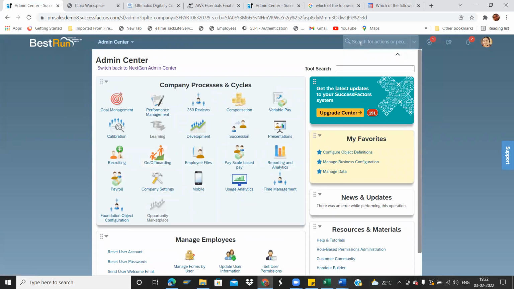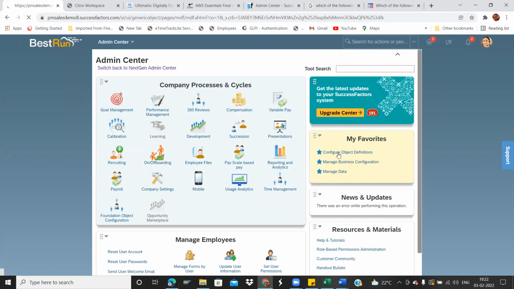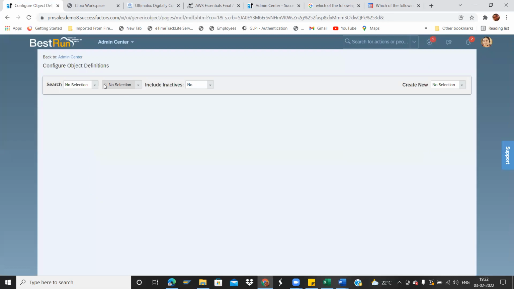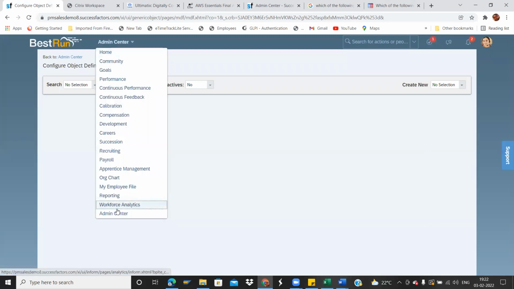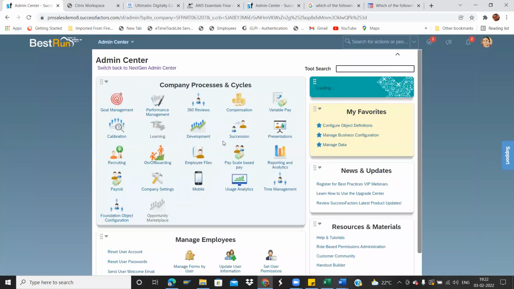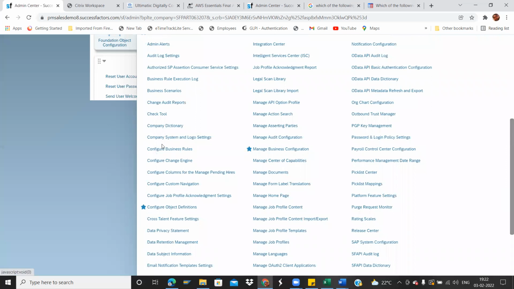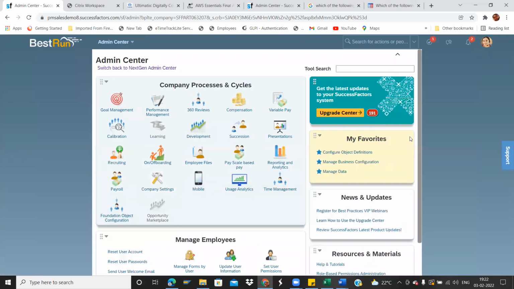So you don't need to go to search nor navigate here in real time. If you are working in 3 to 4 transactions only, then simply after logging in, you will be going here directly, configure object definition, click here, and it will directly navigate you to that page. So these are the various techniques to avoid the delay. You can either search for it or navigate, you can do it anytime, but it will take a little bit of time to navigate to that particular action name and then go to that particular rule or anything. Business rules are also a part of Employee Central that I'll be explaining to you.